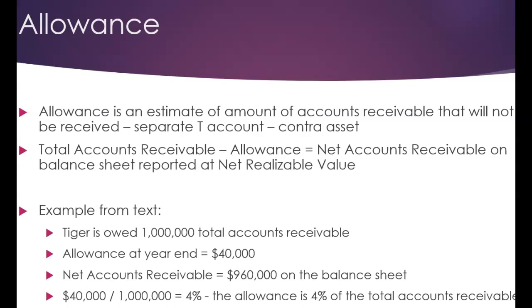Why? Because we want to be able to show on financial statements the net realizable value of our asset, in this case, accounts receivable. And to do that, if there's any possibility or any chance outside of it being remote, because remember, if it's a remote chance, we ignore it. We don't record, we don't show anything if it's remote.